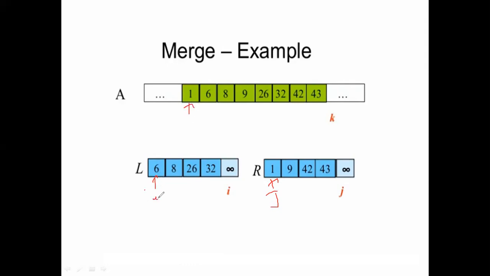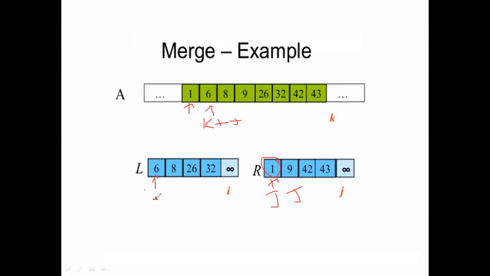So the I value is not incremented by 1. This is K. Here the J value is stored. Then this element is empty, and we increment J by 1. So J comes here. We store at K in array A the element 1. Then we increment K by 1, so K comes here.